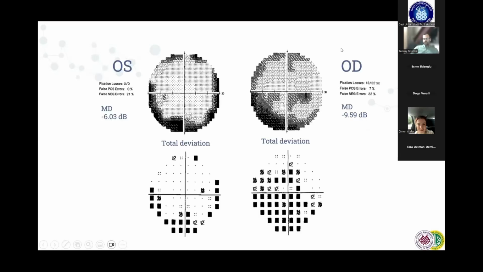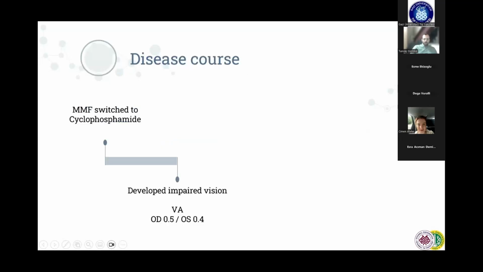And the visual fields show that there's a peripheral field defect in addition to some central scotoma in the right eye as well. So we considered referring him for lumboperitoneal shunt surgery, and after we did the surgery,